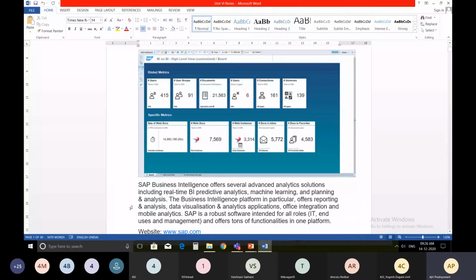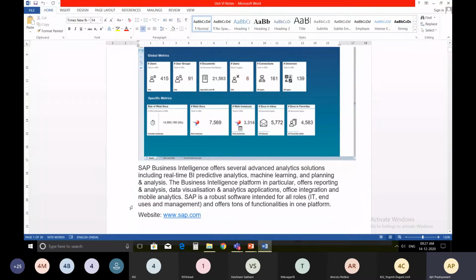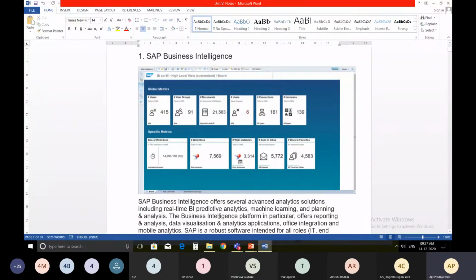And this business intelligence platform in particular offers reporting and analysis, data visualization, analytic applications, office integration and mobile analytics. SAP is a robust software intended for all roles, that is IT, end user and management, and offers tons of functionalities in one platform. You can go to sap.com to know more about this platform.